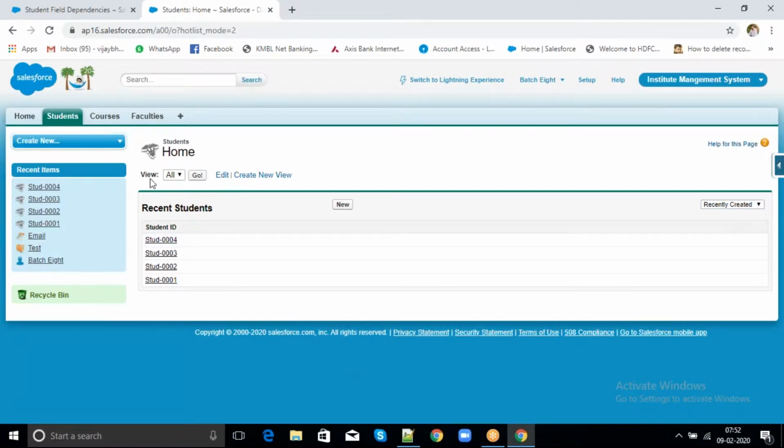Okay. Now here we can see the view. It is showing all. So this is nothing but a list view. Okay, this is nothing but list views.